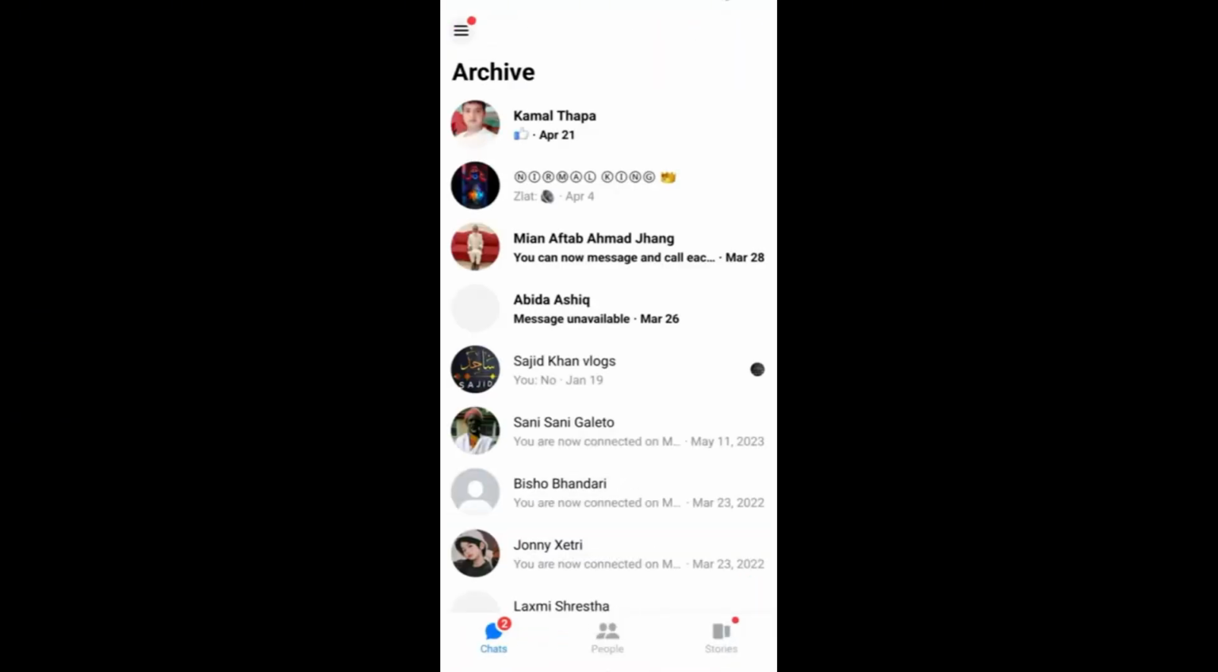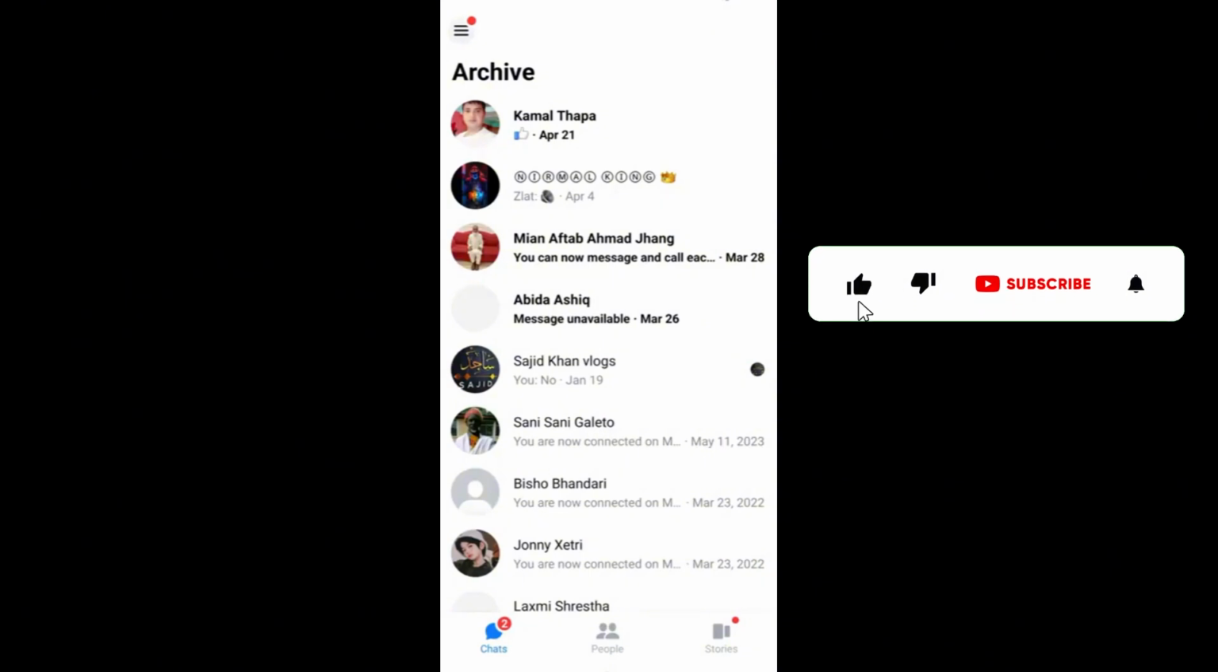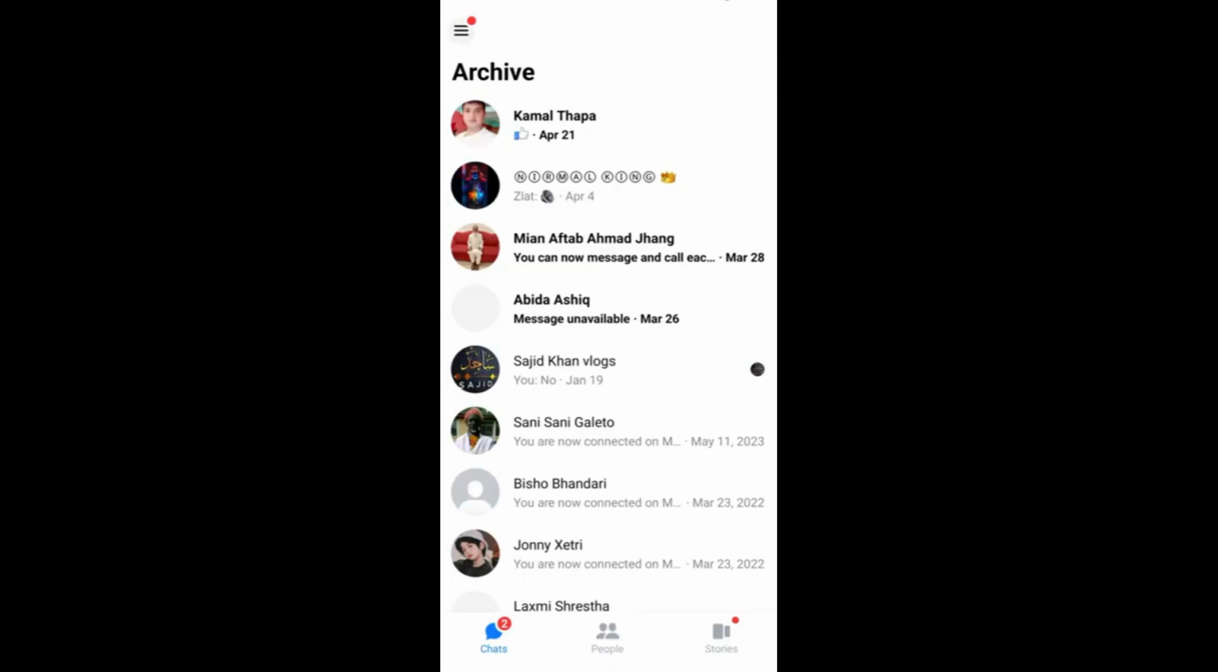If you want to delete individual messages within a conversation, you can do that by opening the chat. Remember, deleting messages from your archived chats means they'll be removed from your folder, but they won't be deleted from